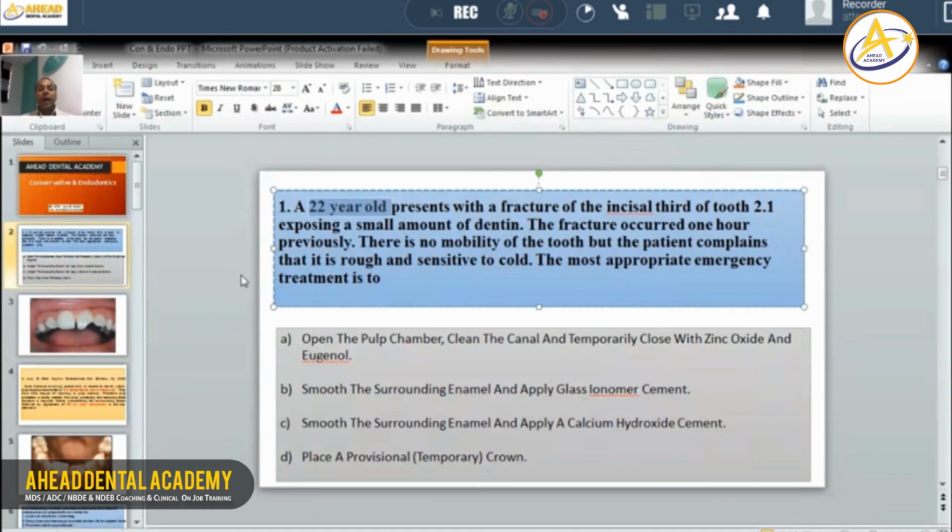If any injury happens before or within this 10 to 11 years, its root formation will stop. So right now the important thing is that here the person who is coming